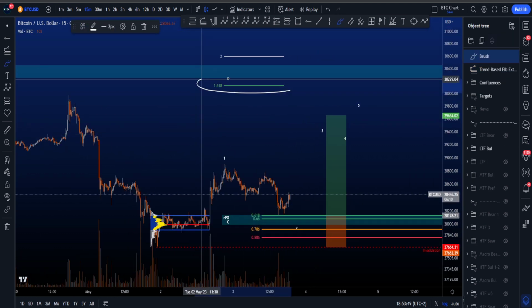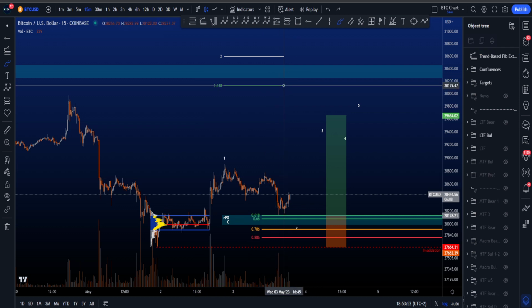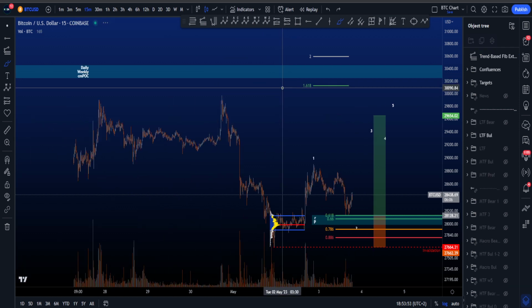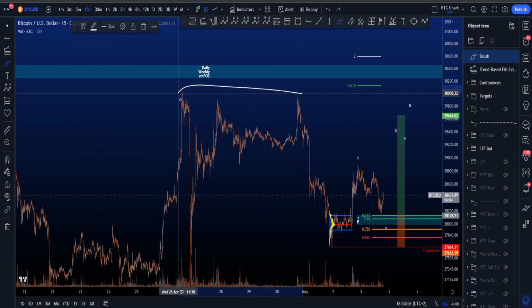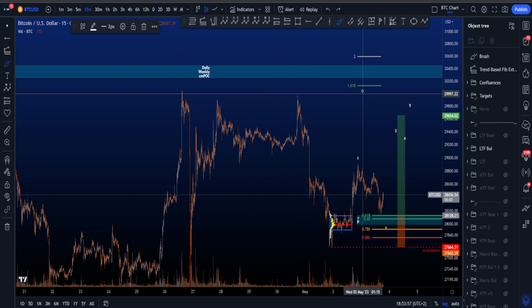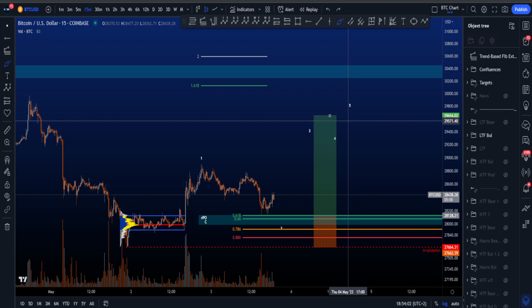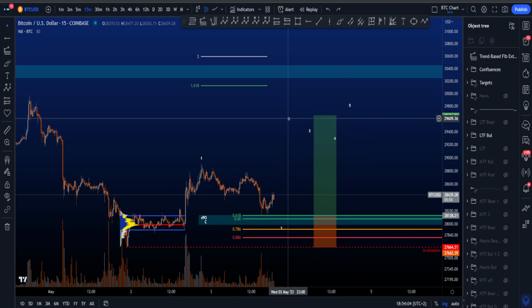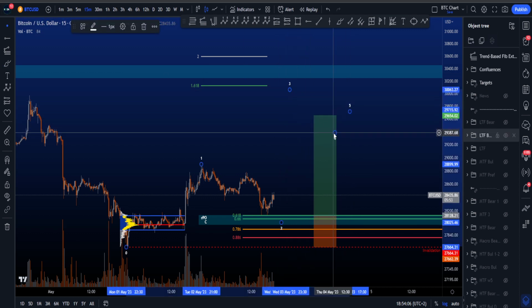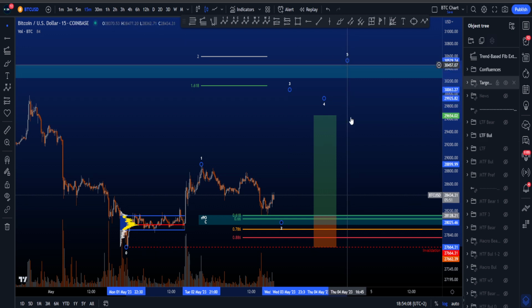And we put on the wave 3 targets. You can see that the 1.618, which is a minimum target usually for a wave 3, is currently resting at about 30.1K, which is quite nice because it is also above these highs. So that means that price would at least take the highs over here for that to be a wave 3. So wave 3 goes up here, then eventually you have a wave 4, and then expect another wave 5